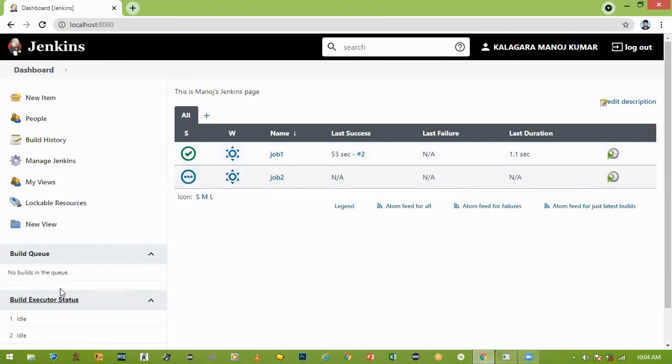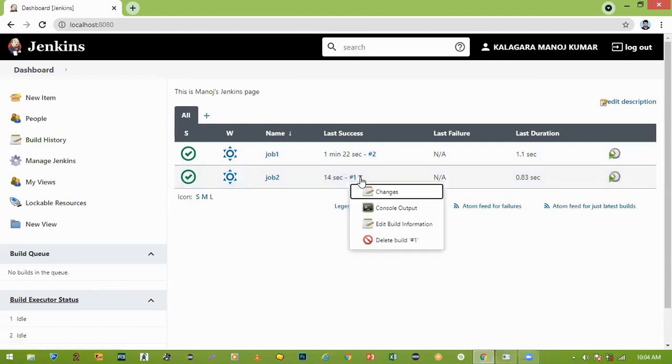Sir, whenever I am giving a job, on the left side, see the build queue, the job is coming. The build executor will execute. See here some process is coming. Observe carefully. Run. See, it is running. See, left side bottom, the build executor will run. No build in the queue. Yes, the build came. Refresh. Success, the second build also. Because it is empty. The first one ran 1 minute 22 seconds ago, this one 14 seconds ago.